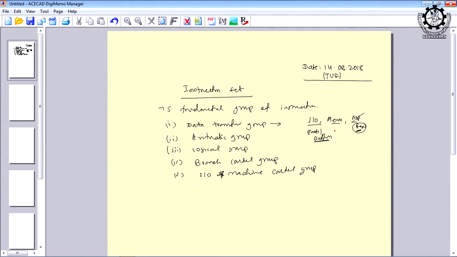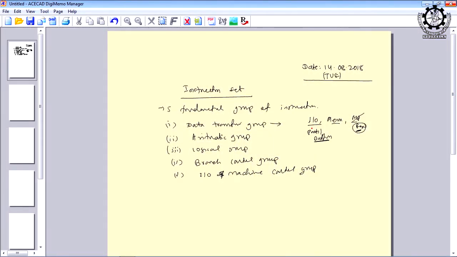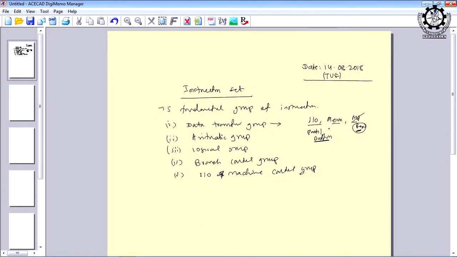Again, in 8085, there is no direct provision to transfer the data from memory to IO or IO to memory. Any data transfer has to be routed via registers. That means there are some instructions which transfer the data from IO to registers and register to IO, and another set which transfer the data from register to memory and memory to register.